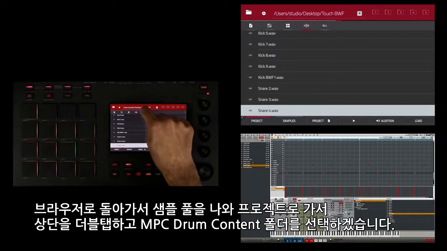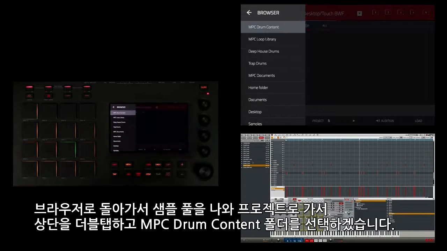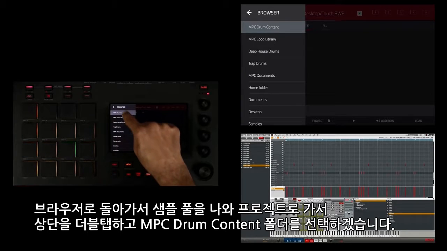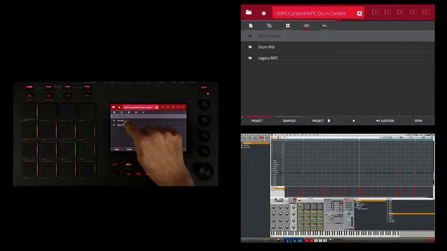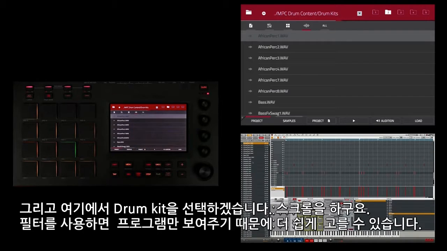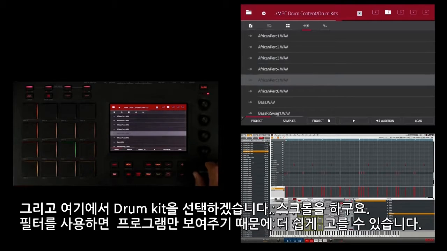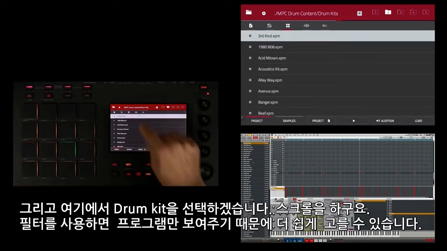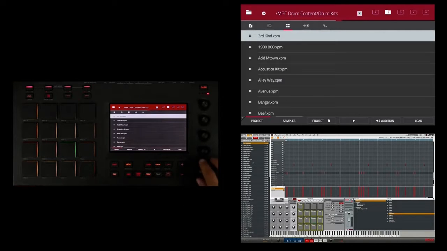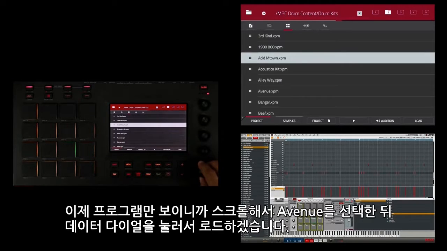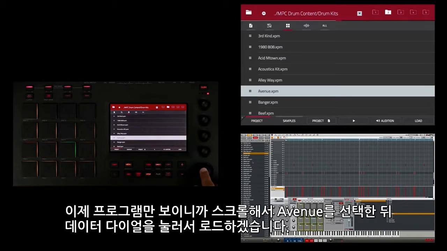And then I'm going to double tap up here at the top. And I'm going to select my MPC drum content folder. And from there, I'm going to choose drum kits. And from here, I'm going to scroll through. It'll be helpful if I filter to only show programs. So now I'm only seeing programs, and I'm going to scroll to select Avenue and then press the data dial